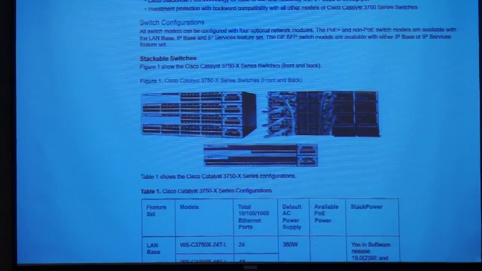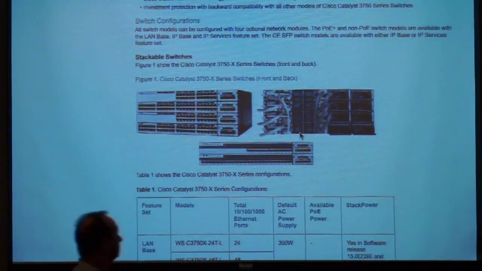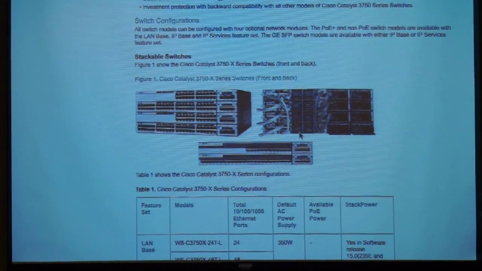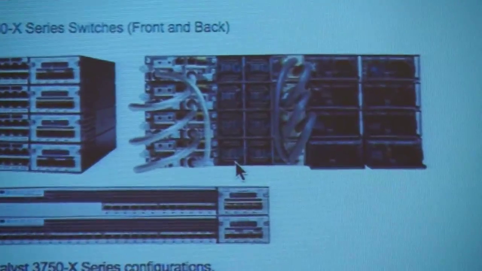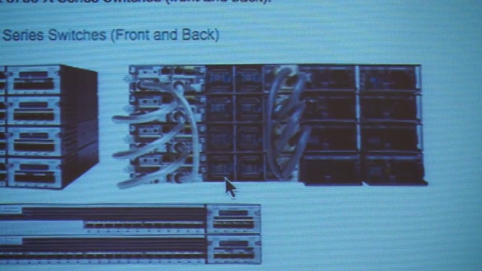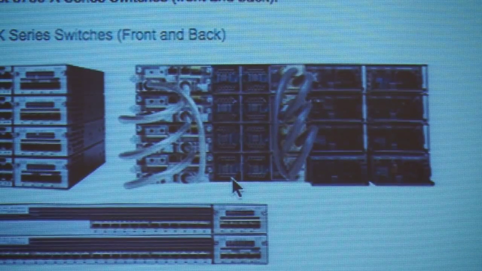3750 has the same kind of services on it, power over Ethernet, all QoS and all this, but it's actually stackable. So if we go to the data sheets for this, we'll actually see that. So this is the front of the switch, and here's the back. Notice in the back of the switch, we have these cables here. That's intelligent connectivity. These look like independent switches, but actually one of them will be elected a master switch and run the whole show. It'll control all the routing tables and the CAM tables and the switching tables for all 9 switches in the stack. It gives you 64 gigabits between the switches and everything there.